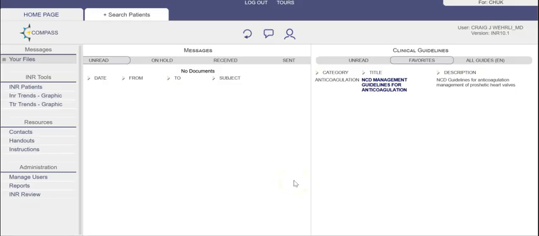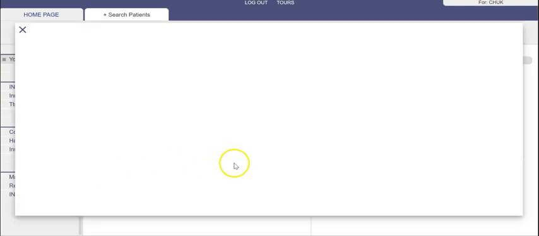This video illustrates how to manage users. This function is only available to users who are listed as administrators of the system. On the far left menu at the bottom, there's a section of administration. Again, this is not visible to all users, only to those who have administrative privileges. If you click on Manage Users,